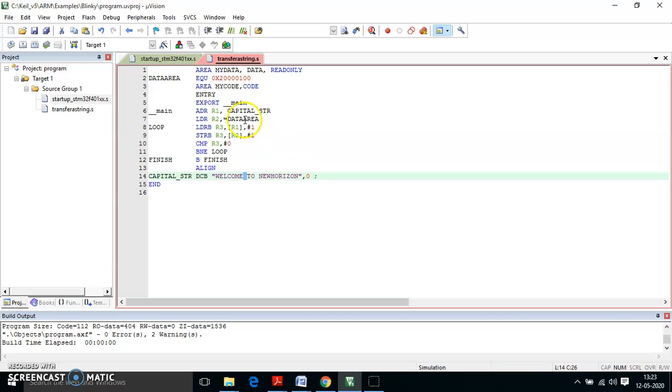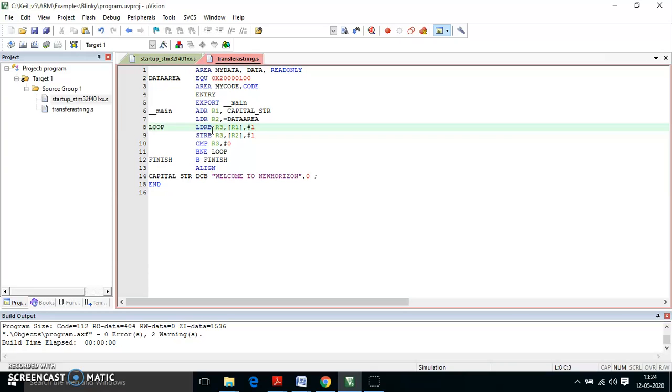So the data is available at the relative address as consecutive bytes, the equivalent ASCII values. The next instruction says load register, that is, we have R2's data area. The data area is a designated address where the characters have to be moved from the relative address to the designated memory location 0x20005000. So we are going to move the string from R1 to R2 memory locations. The next instruction says load register byte, that is, your data has to be swapped.